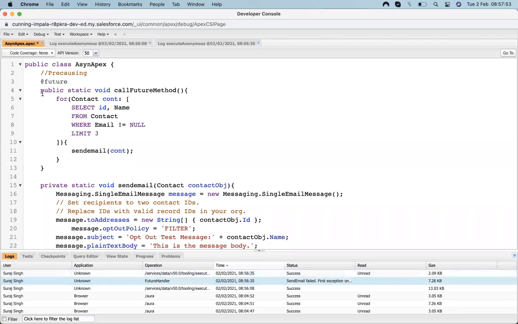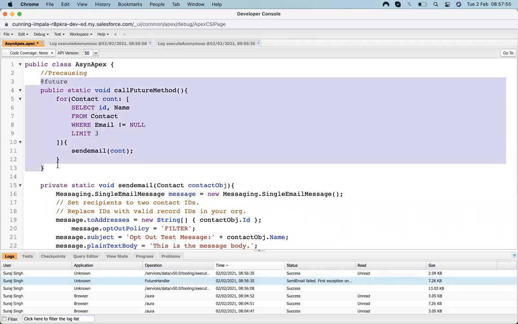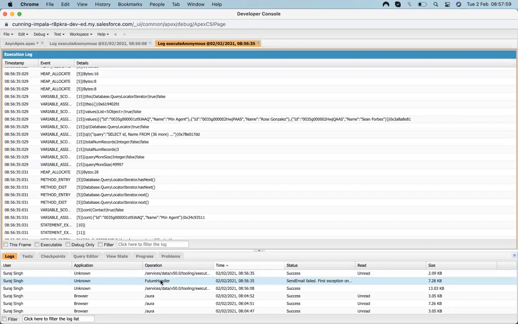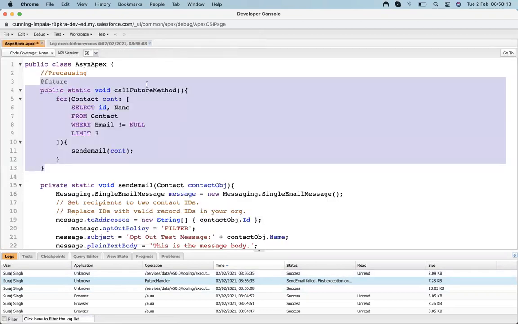That contains our code. You can see in the log, my highlighted logs, it's showing me a future handler here.